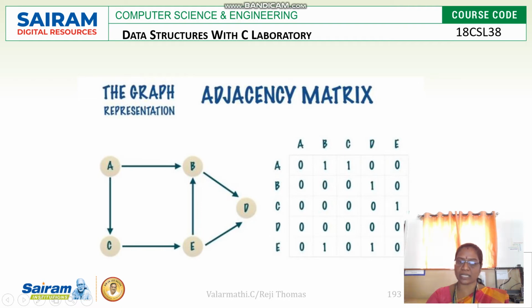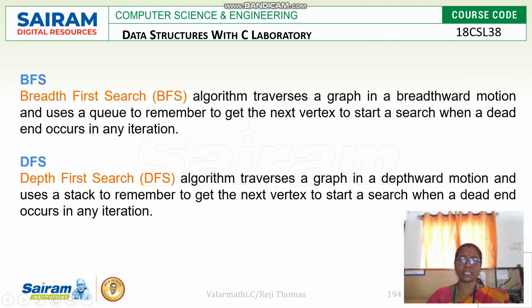Likewise, from B to A there is no connection. From B to C also there is no connection. But we have a connection from B to D. So this is drawn here from B to D. As of now B is the source node and D is called the destination node. Likewise it gets connected. So based on the adjacency matrix values, the graphs are connected and created. So this is for graph creation.